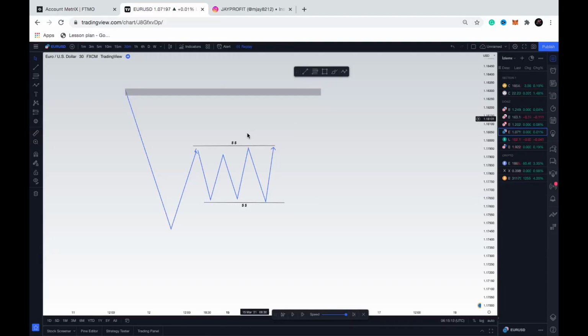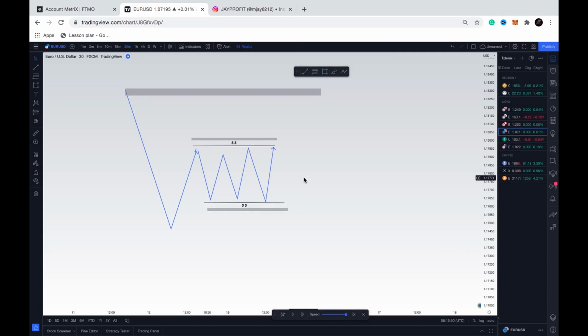These orders are what we now call liquidity. So they don't have enough liquidity to sell that market. What they will actually do is take out some stop losses, the stop losses of retail traders who don't understand how the market works. That is what they're actually after. We know that people selling from this resistance area have their stop losses right here, and people buying from this support area have their stop loss here.